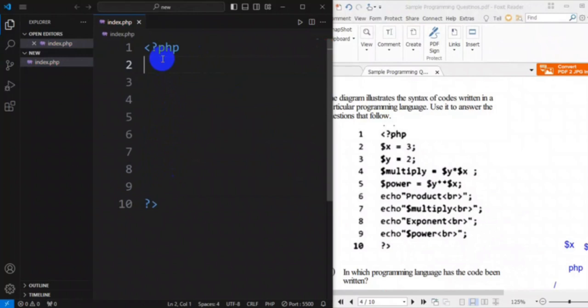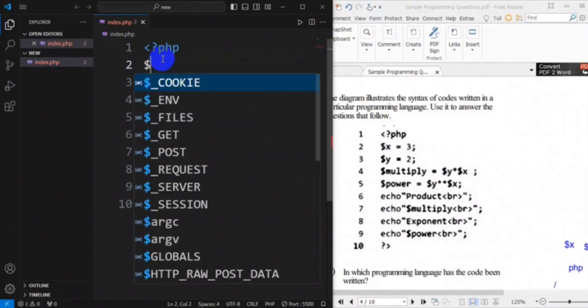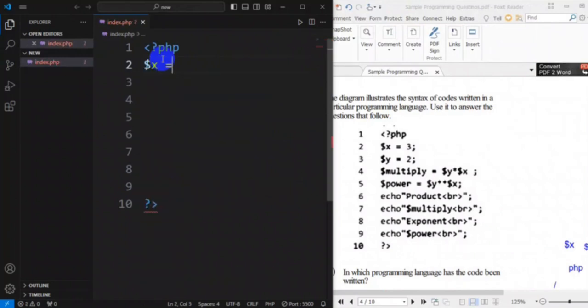On line 2, a variable has been declared. That was x, and it was declared as being equal to 3. I'll speed it up by copying it again, but this time declaring the next variable as y, then changing my value here to 2. The next thing I'll do is the same thing, but this time the name was multiply,